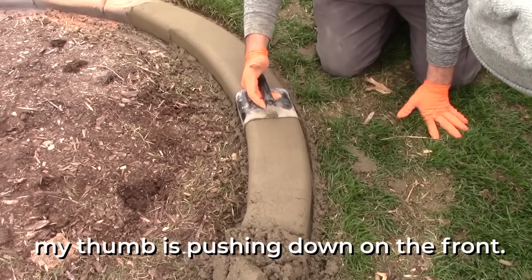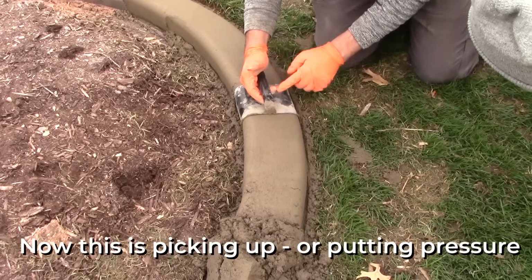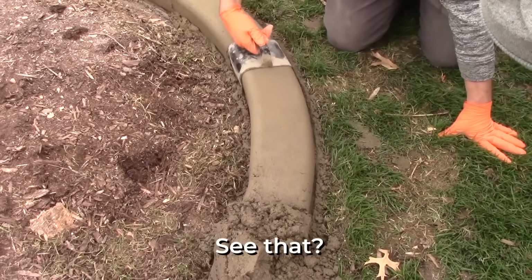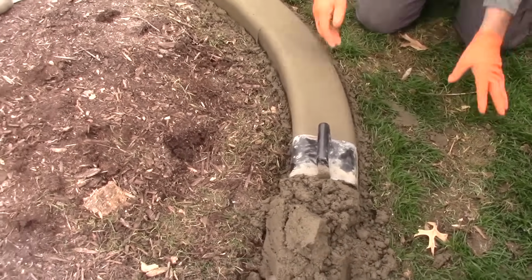Okay. Going forward. Now, this is putting pressure down, and this part's picking up. See that? So it's basically reversed. Yep. So when you're going forward,